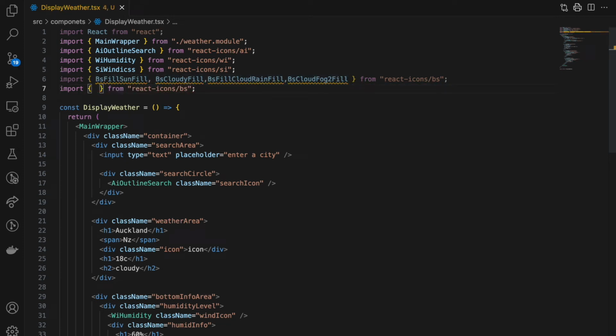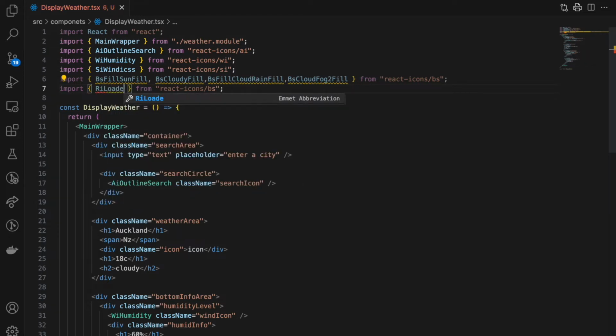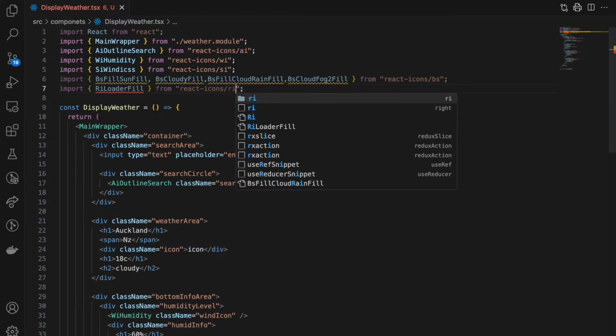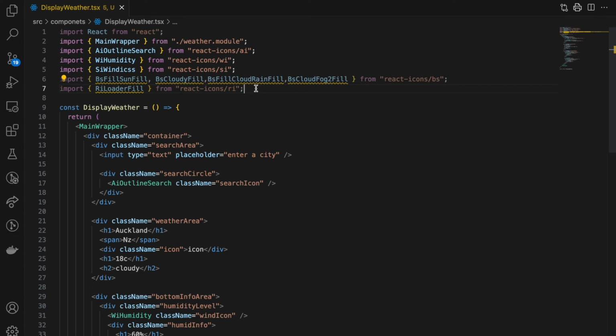The one we need is the RI loader fill. This icon will be used for the loading when we refresh our app. So if you don't know what I mean, it's this one. As you refresh your app, you see this icon. So that's done. Now we need one more icon,